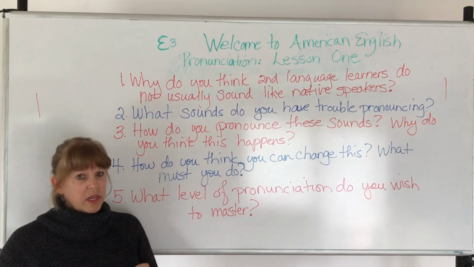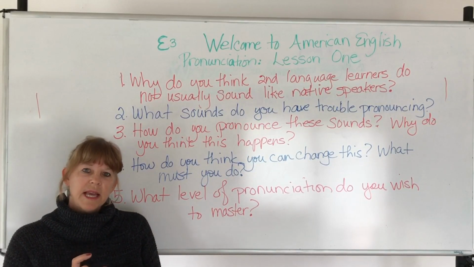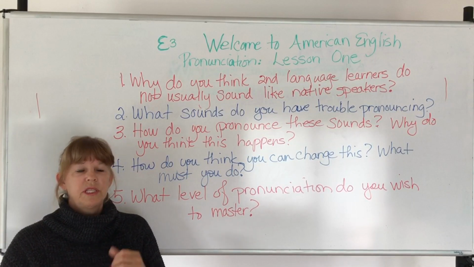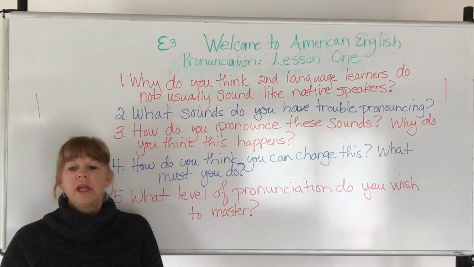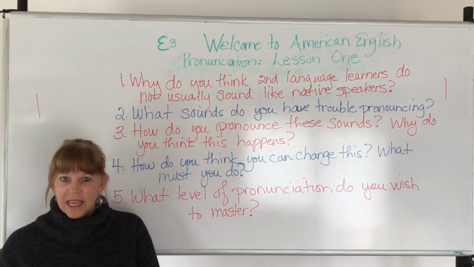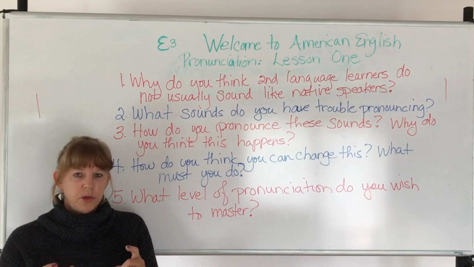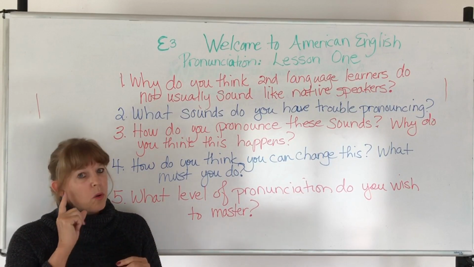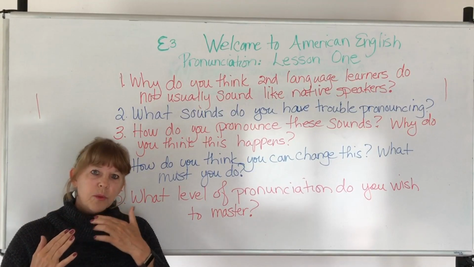After you are very clear about how to make this individual sound, then you want to put that sound in what we call a minimal pair: two words where the only difference is the sound you're targeting and the sound that you usually make. So for example, think and sink, or tink. If you are likely to use the S or the T, you choose one of those plus the word with TH, and you put them together, but only when you can really think about how you're putting your mouth